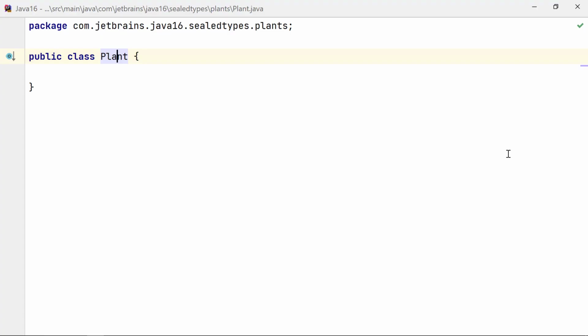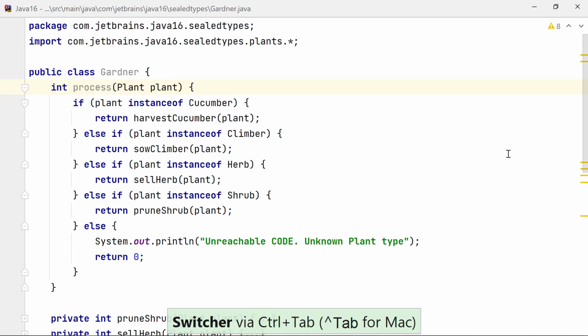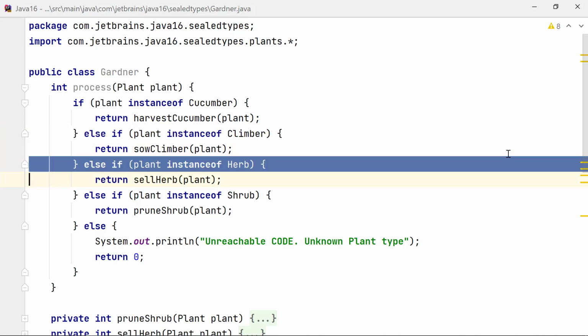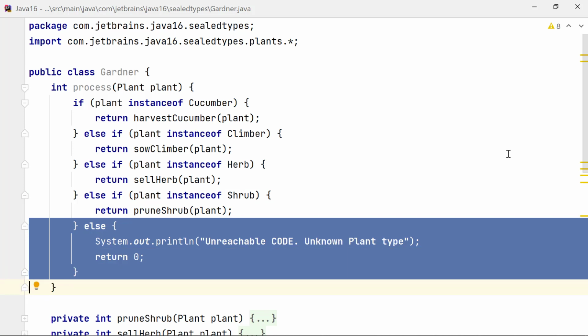Imagine you are creating an application that helps users with gardening activities. Depending on the type of a plant, a gardener might need to do different activities. Here is the plant hierarchy that we need for this application. And this is one of the ways in which a gardener might use this hierarchy. The problem code is the assumption you might have to deal with in the last else construct, defining actions even though you know that all possible types of the method parameter plant have been addressed. Though it might look unreachable now, what happens if another developer adds a class to this hierarchy? Sealed classes can impose this restriction on the hierarchies at the language level.